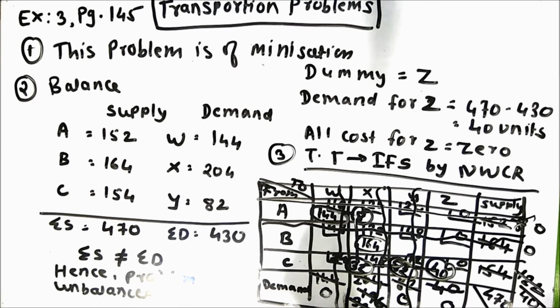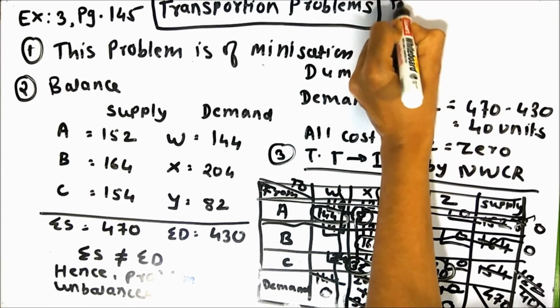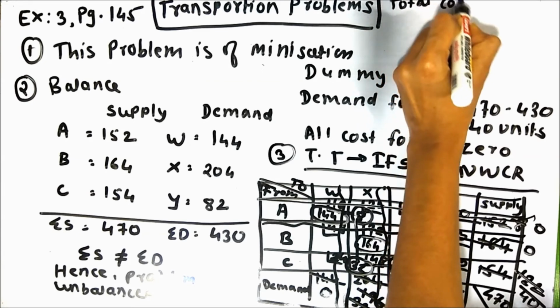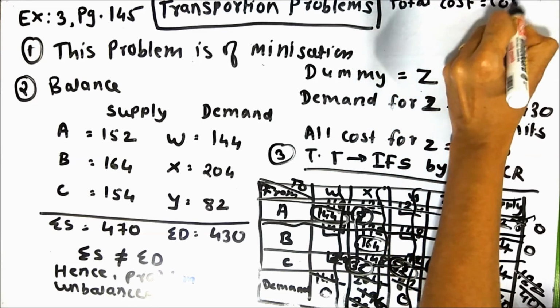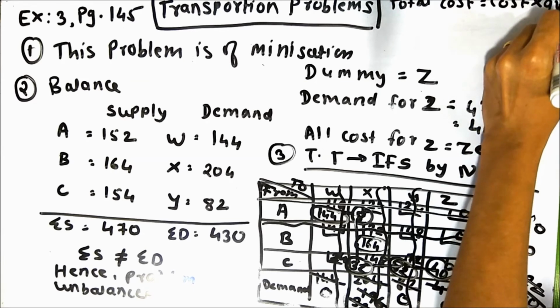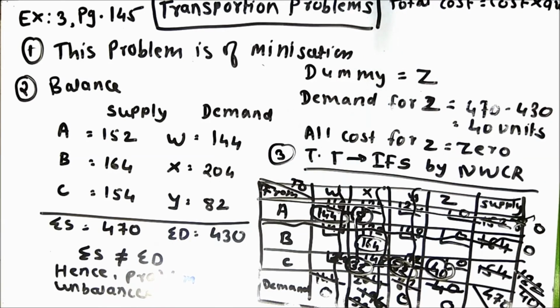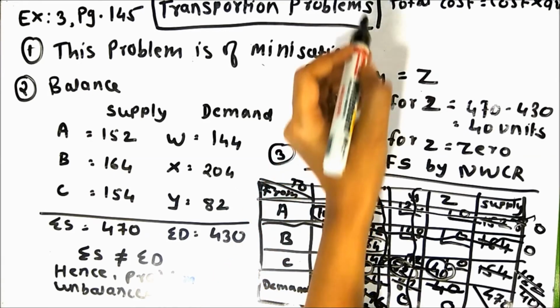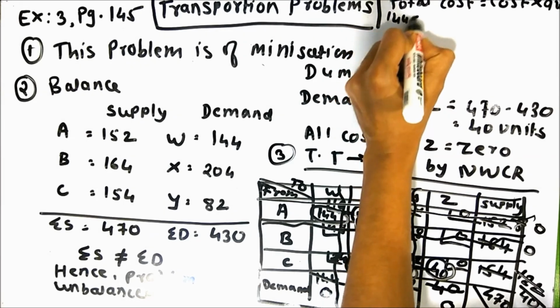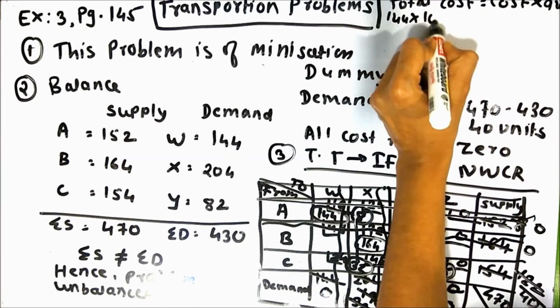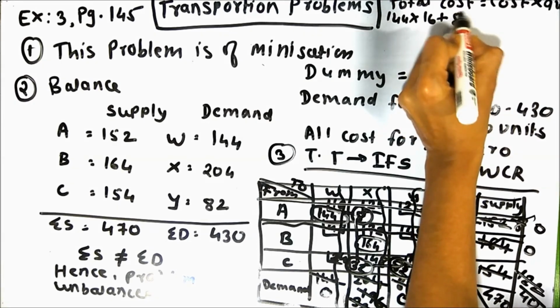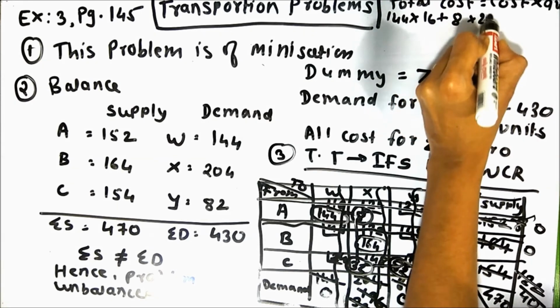So let me write here total cost, which is cost into quantity. So now we have to take the cells which have allocation. So our first allocation is 144 into 16 plus, next is 8 into 24 plus